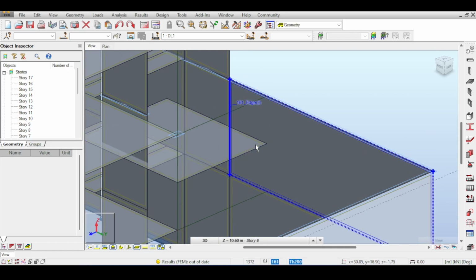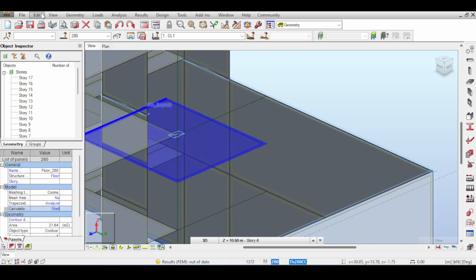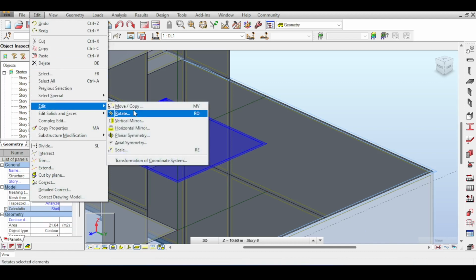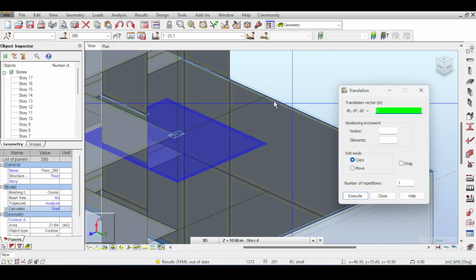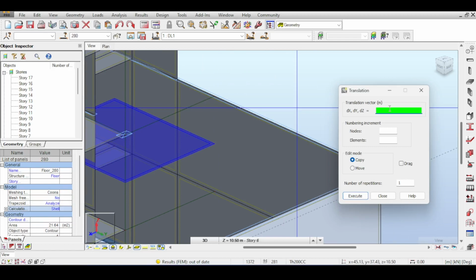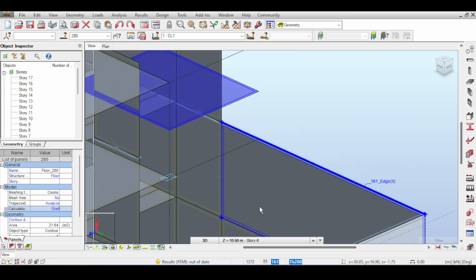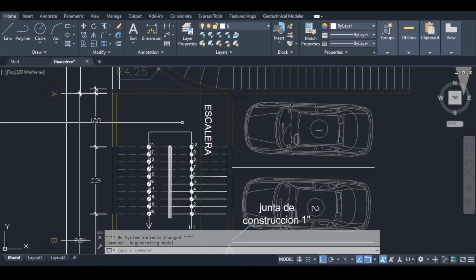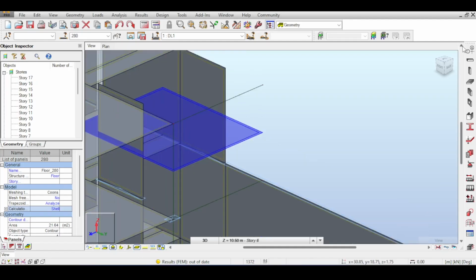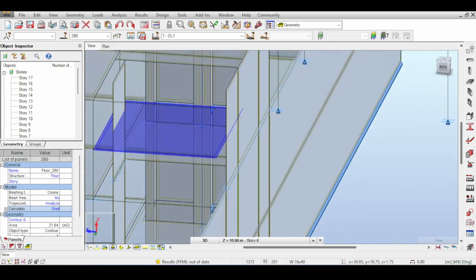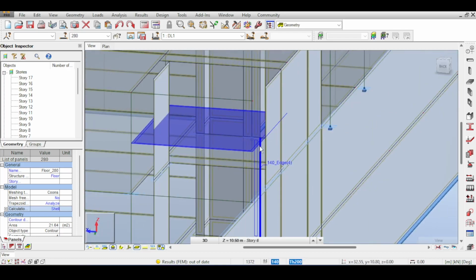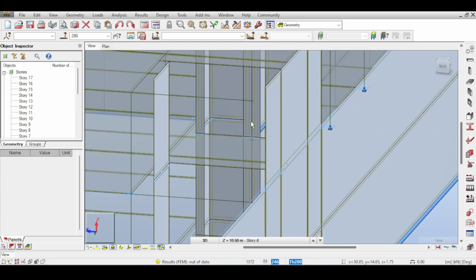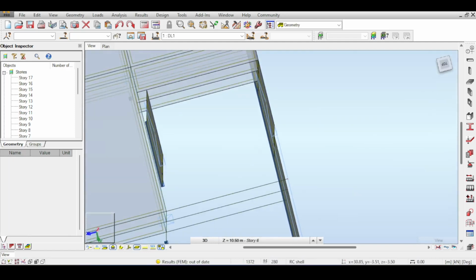I mean, let me show you. If I take this and just edit, move, and move it up, I don't know, 3.5 meters upwards, so 0, 0, 3.5, and just move it, not copy it. Look, this thing is floating in midair. So how can you do that? Are you going to put a beam? The beam is going to fly in midair. So, okay, based on that, my belief is to,